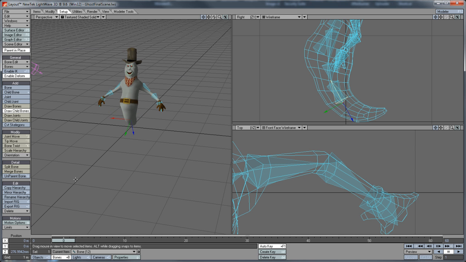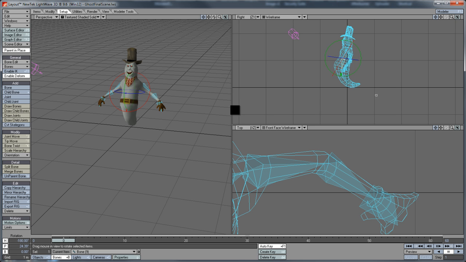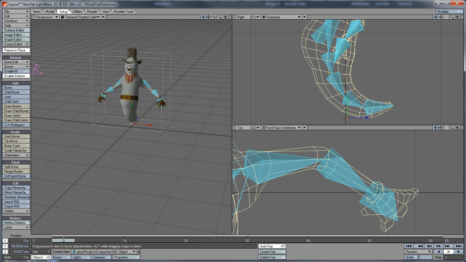And once again, my double click problem, so I'm having to delete those bones that were accidentally made. And that should do it. What we want to do is select all the bones and rest them with the R key. So holding down the mouse wheel, I'm selecting all the bones at once. Hit R, and now they're rested. Deselect them, and now I'll test this out just to make sure that everything's working as expected.